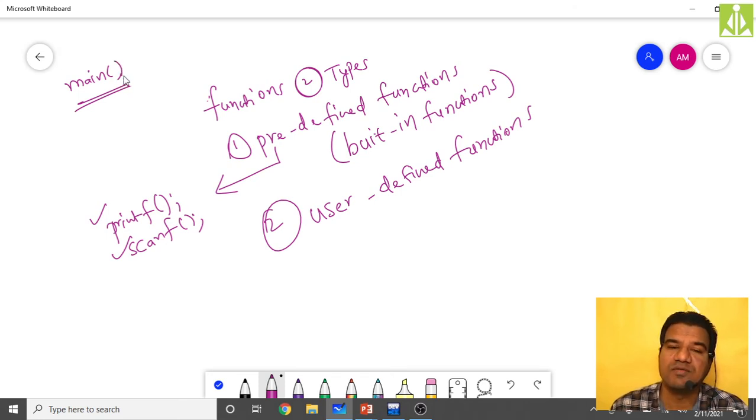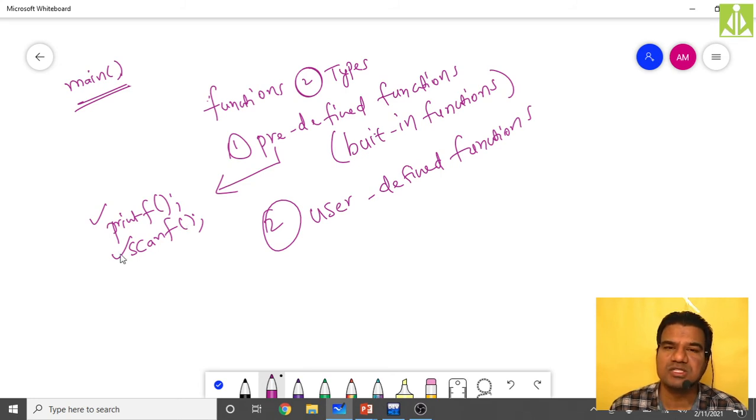Okay, the operating system will call the main function, we said. We are not responsible for calling the main function, we said. So that's the reason when you're writing the main function, we are not keeping the semicolon at the end. But whereas this printf and scanf, we are calling these functions from your main function. So definitely we need to put the semicolon at the end of this printf as well as at this scanf.